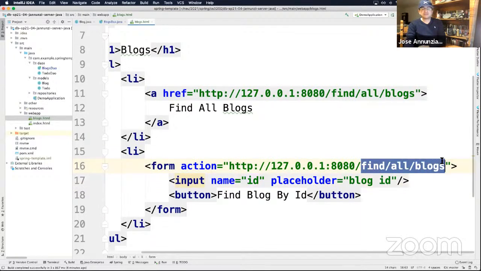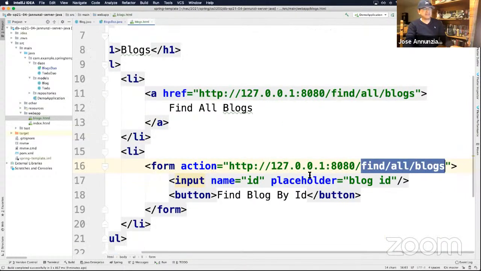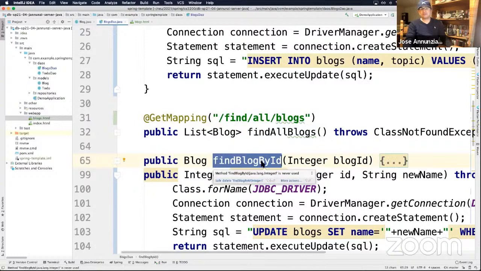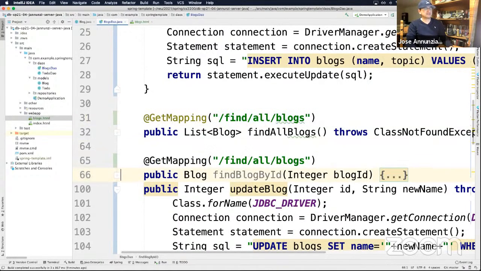Now we have to decide on the URL. What is it mapped to? Right now, find all blogs is mapped to this function. I want to map my find blog by ID to this function. So let's create another map, and let's map this function, and we'll call it